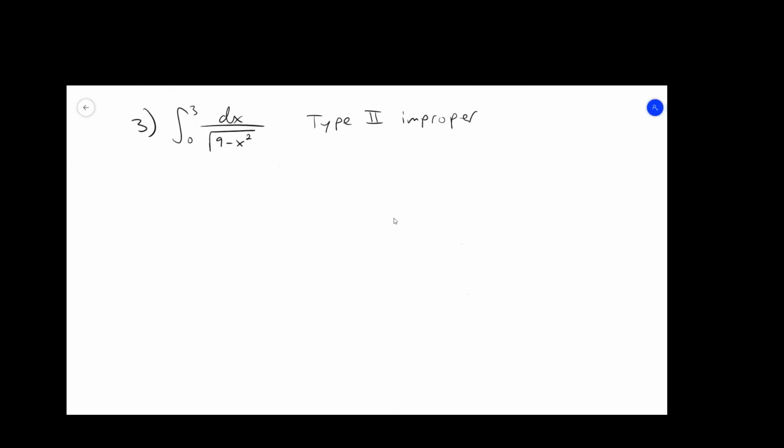Anyway, for this one, how do you deal with these type 2 improper integrals? Well, you deal with it in the same exact way as the other ones. In fact, sorry, before we do this, let me just show you graphically what that type 2 improper integral would look like. If we were to graph this function, why is it improper? What does it look like when you have this type of improper integral? Well, we're definitely going to have an asymptote on the function at 3 because it's not defined there. And the function that we're graphing is y equals 1 over the square root of